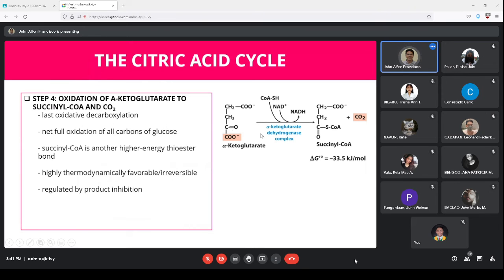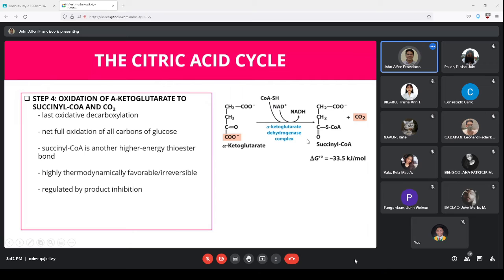So yung carbon dioxide mo dun sa end part ng alpha-ketoglutarate mo will be decarboxylated and will be changed with succinyl, with CoASH, okay, with coenzyme A. So yung succinyl-CoA is another high energy thioester bond. So this succinyl-CoA, para mas lalong important na ma-convert siya on having coenzyme A dahil activated form ulit siya para mas mag-undergo pa siya ng different